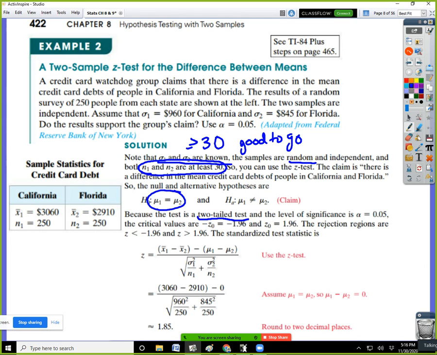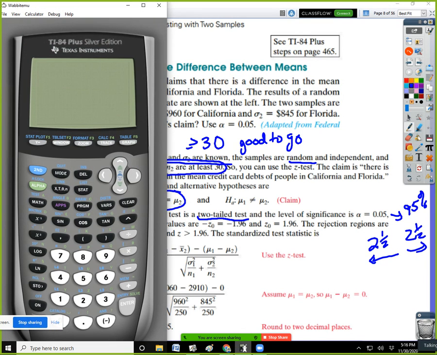Okay, so we want our level of significance to be 0.05. Remember, 0.05 means that 2.5% is on each end. Does that make sense? Because this means that 95% is in the middle, and there's 2.5% on the left side and 2.5% on the right. So if we go over here,